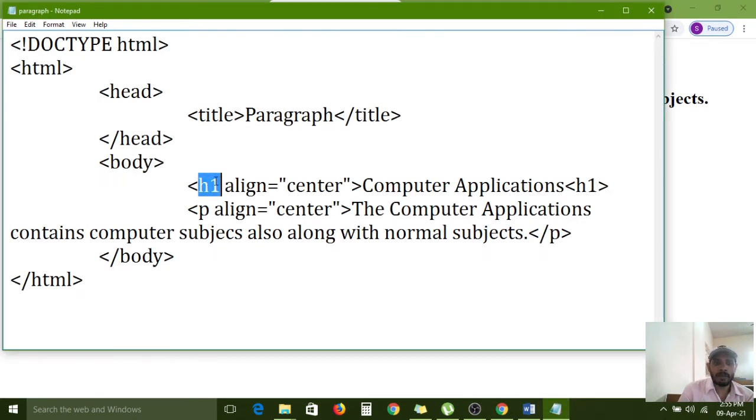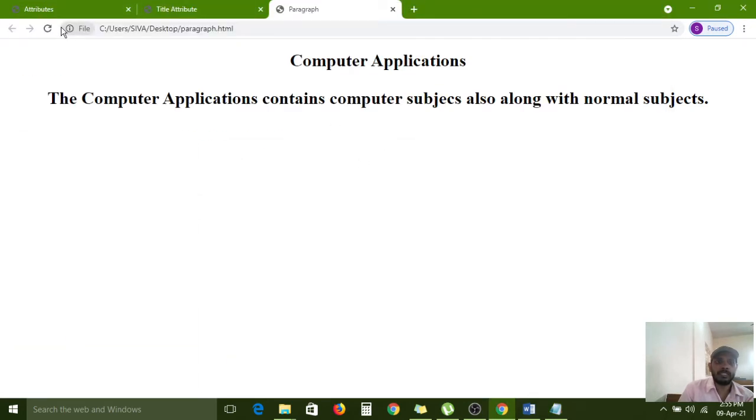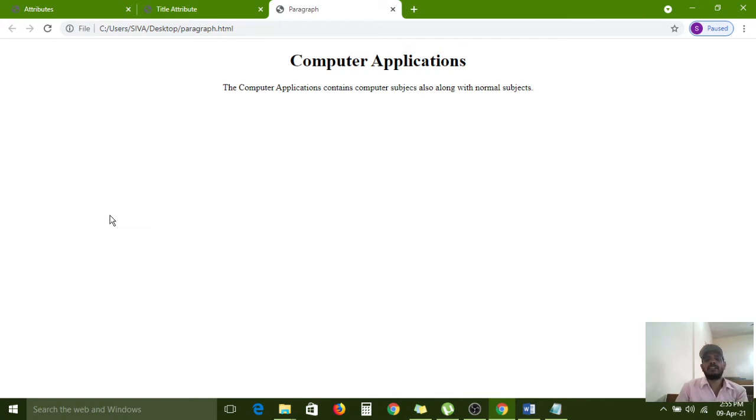here opening tag applied and closing tag not completely closed. So that's why it is showing same font. The both are showing same font. Again I am closing this one. I am saving again. For that, go to file menu, choose save option. Again I am refreshing. Then you can understand. This is heading and this is paragraph, text content. Understand? So this is the difference between paragraph and heading.